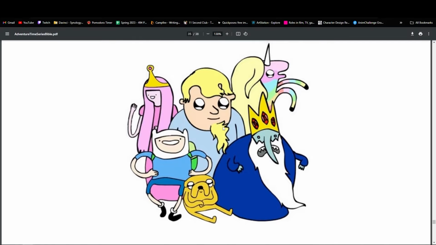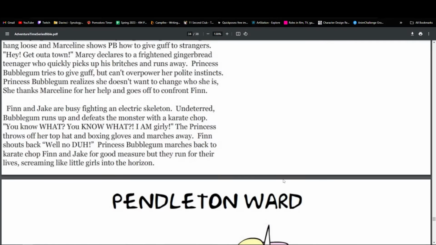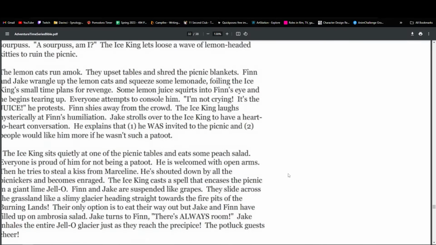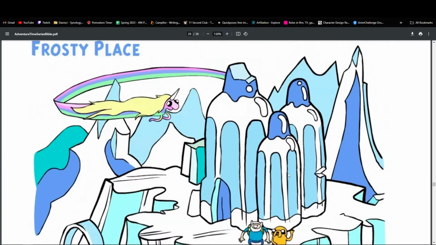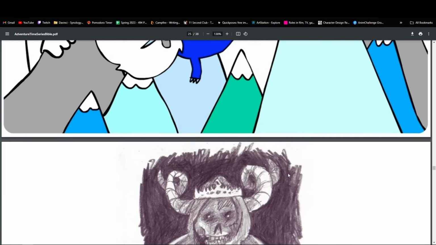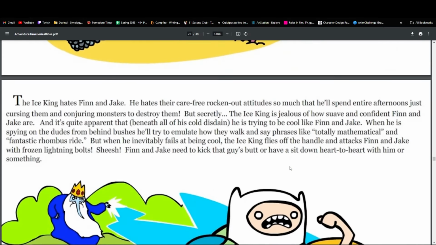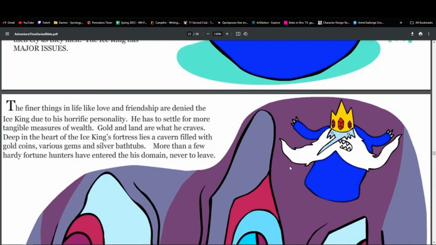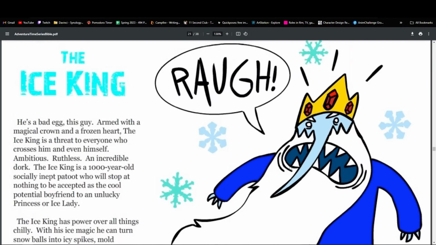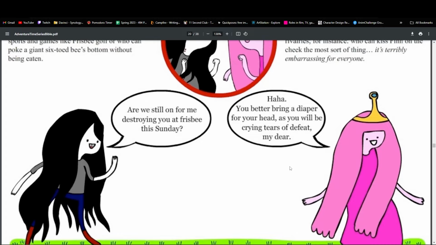Okay, no, it does feel a bit long, so there is that. I feel like some of these pages could have been cut out, especially the concept art. It's pretty neat, and I understand why he included it, but from what I've been taught, I feel like it could be cut out. And one thing I thought is very interesting, and this is by no means any diss to Pendleton Ward, fantastic guy, fantastic show,